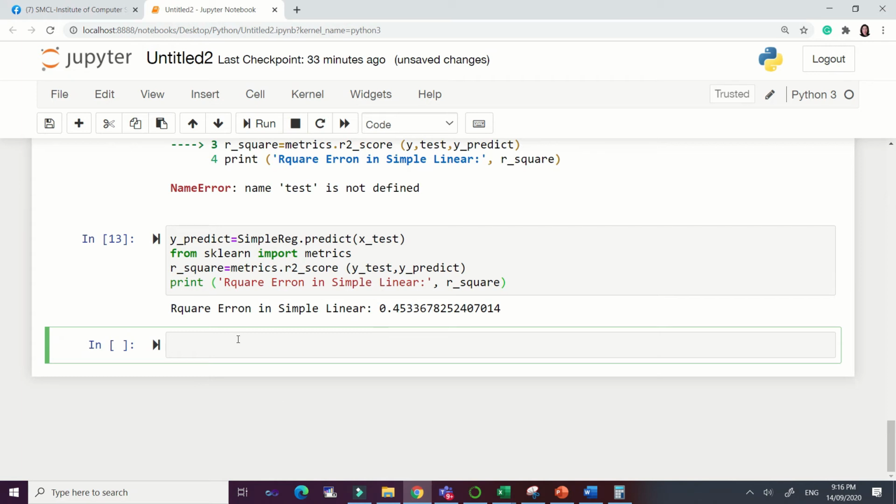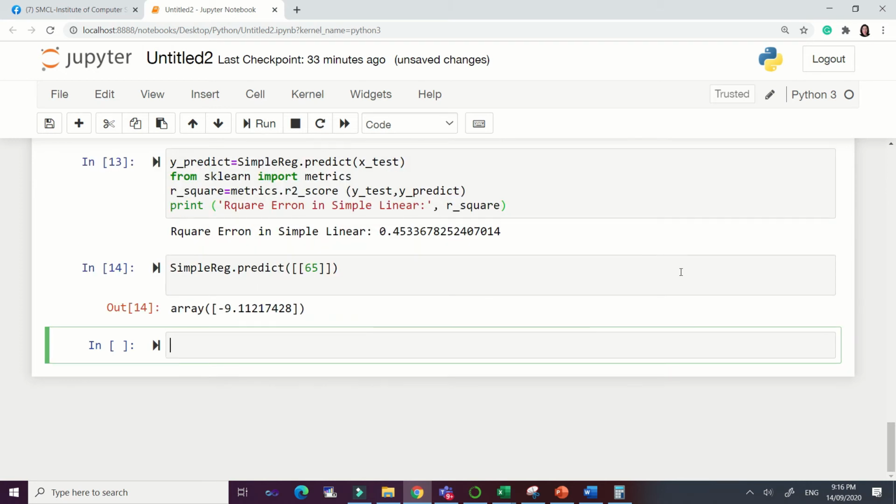So for example, if you're going to predict some score, example, if my score is 65, okay, let's try. If I got a 75 score, let's check. So it's minus 9. It's not good. So let's do some more. If I'm going to predict a score, if I got a score of, let's say, 85 or 90,